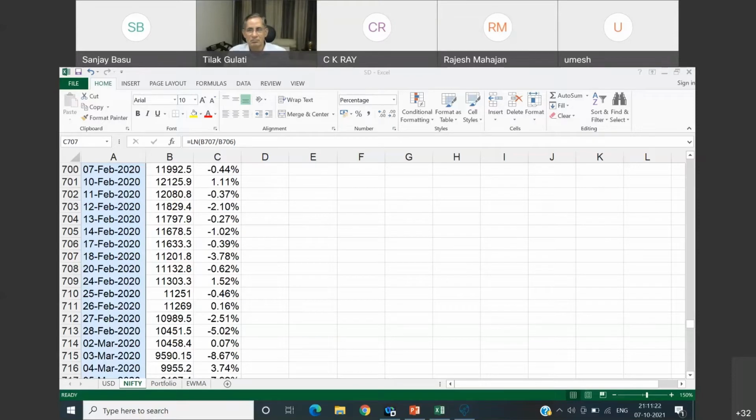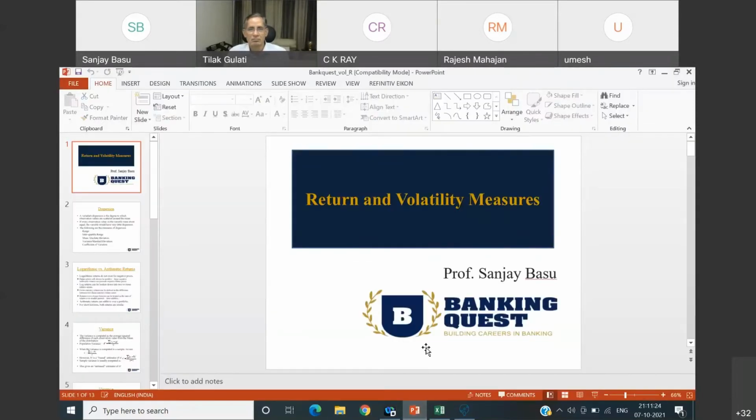So all of these are given in the PPTs, right? I do not follow PPT word for word. That's not the way I teach. I love to take an example and take you through that example so it is easier for you to follow. The PPT has been shared with you. All of these, including the formulas, are given in the PPT.